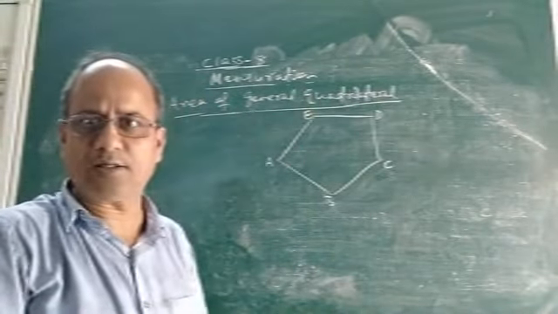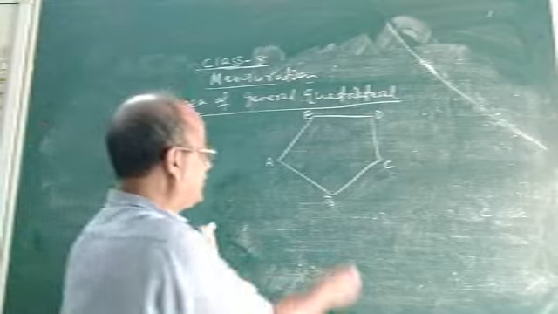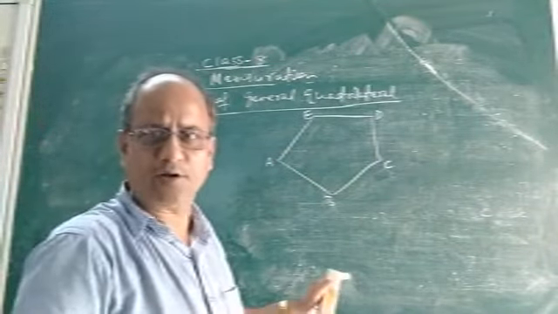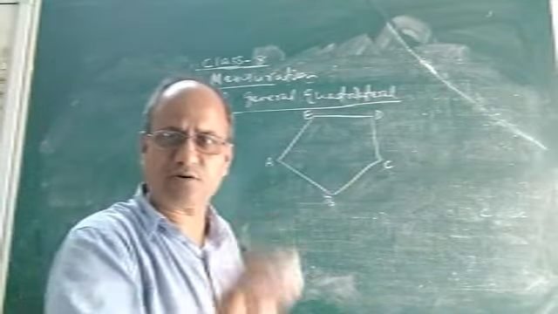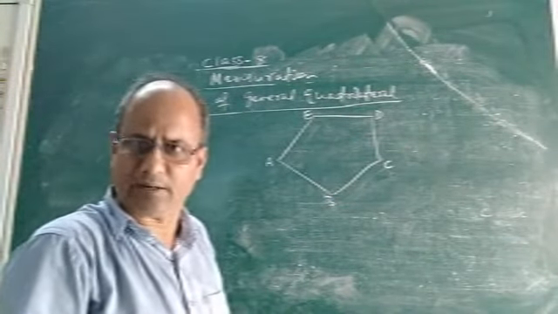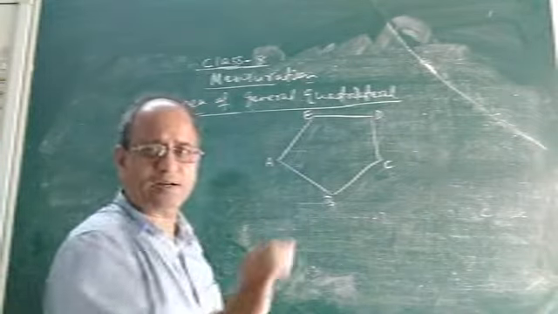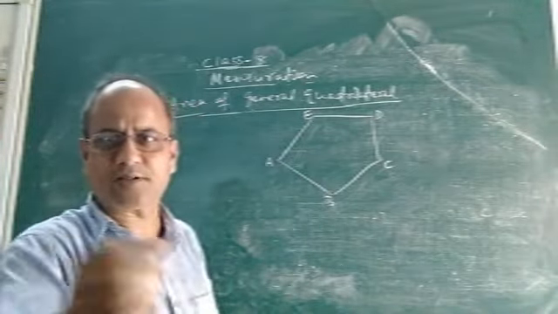So how do we calculate the area of this pentagon? Suppose you see, there is actually no direct formula to calculate. As per your book, as per your syllabus, there is no direct formula to calculate the area of a pentagon. So how can we find it? To find the area of a pentagon, let us divide it into different plane figures, as I told you.